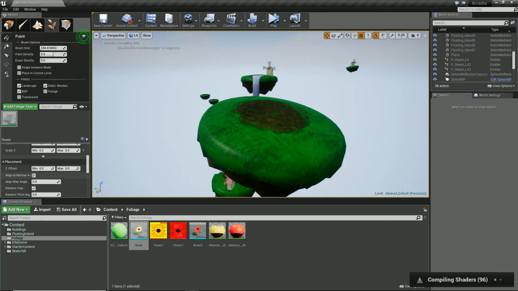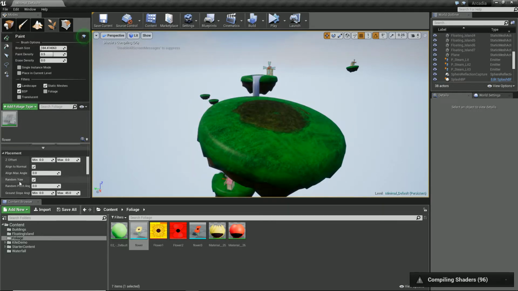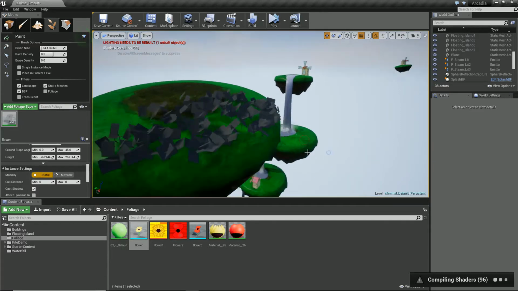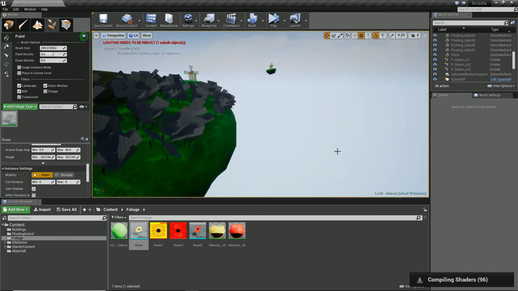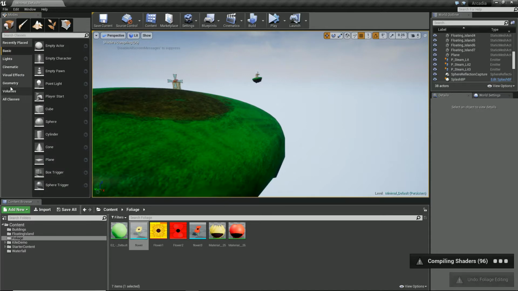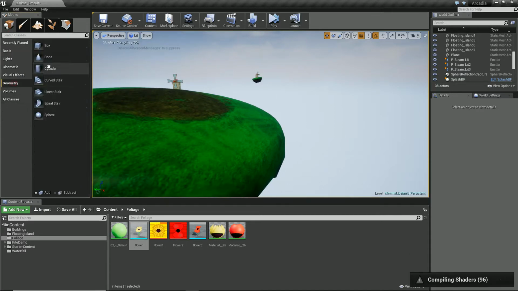We've got a bunch of different options where we can change some of the placement, and we can get it to align to the map. So as you can see, the map's got a bit of an angle here. You see how just leaving it default is already doing that. In fact, let's do a better example. Let's quickly put down a